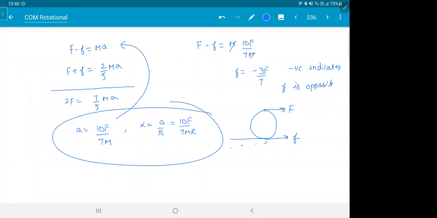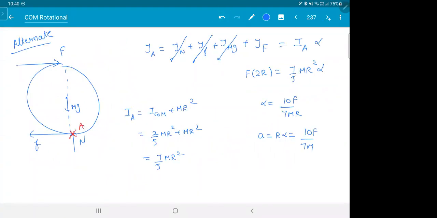Saw the answers? This was easy, na? So by taking torque about the bottommost point, you can eliminate all the equations. Actually, if you ask me, you can do this verbally. You're taking torque about this point, F into 2R, moment of inertia using the parallel axis theorem, divide them. So this thing saves you a lot of time. So this is a better way. Taking torque about the bottommost point will give you the answer fast. Put it down, have a look at this, ask me if there's any doubt.